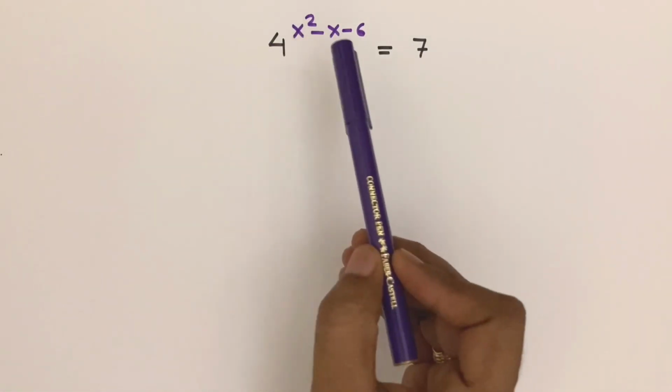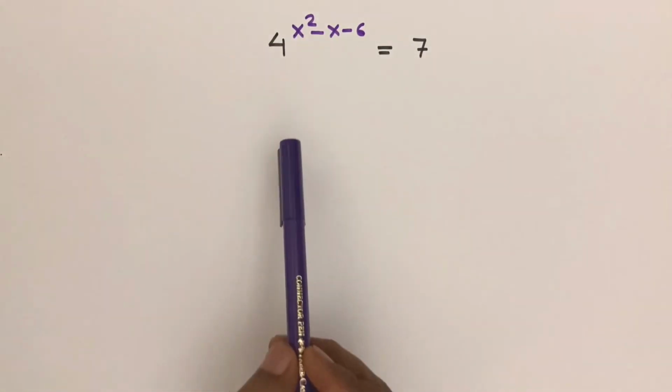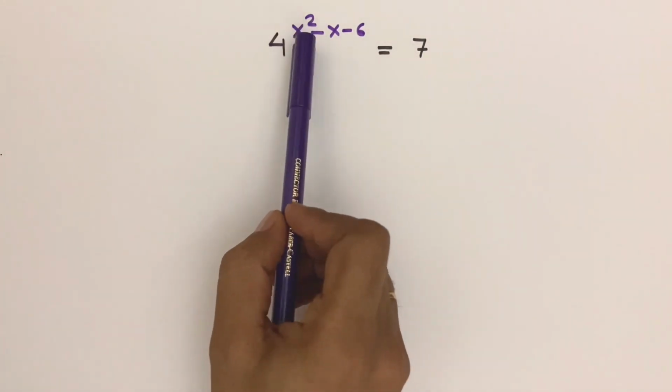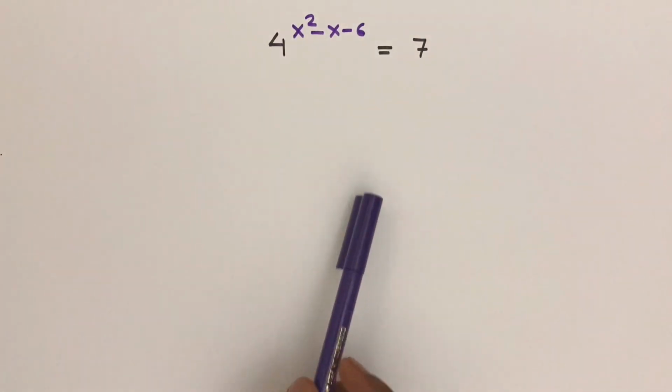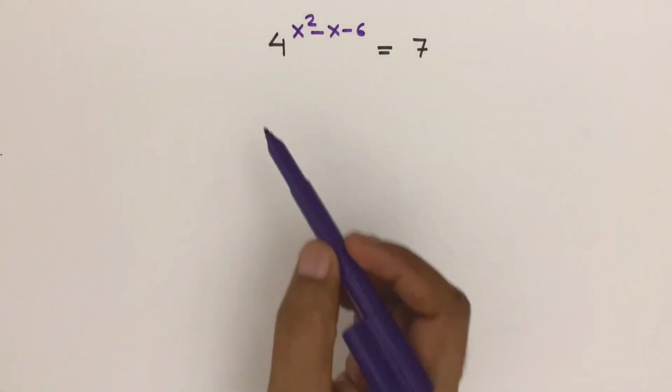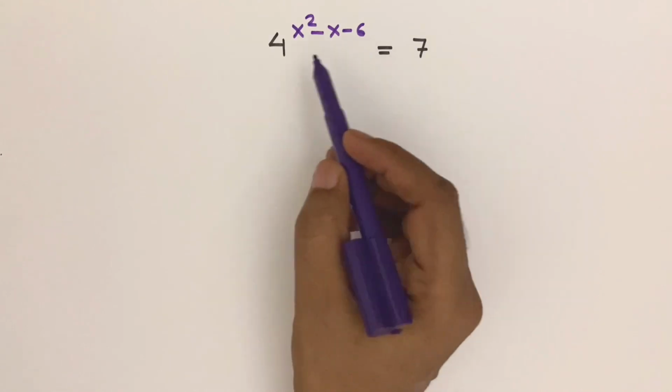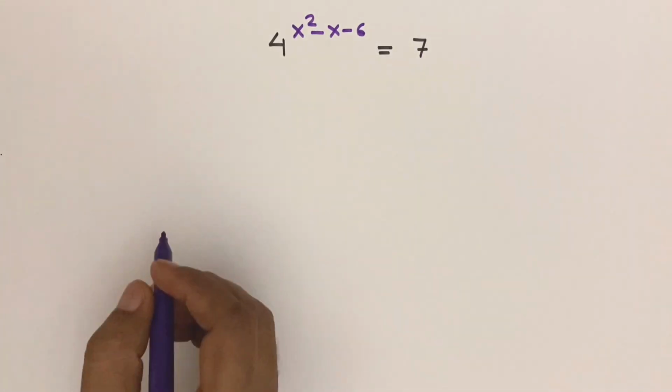This is a typical exponential problem where we have to find the value of x when 4 to the power x square minus x minus 6 is equal to 7. To solve this problem, take log on both sides of the equation with base 4. So this becomes